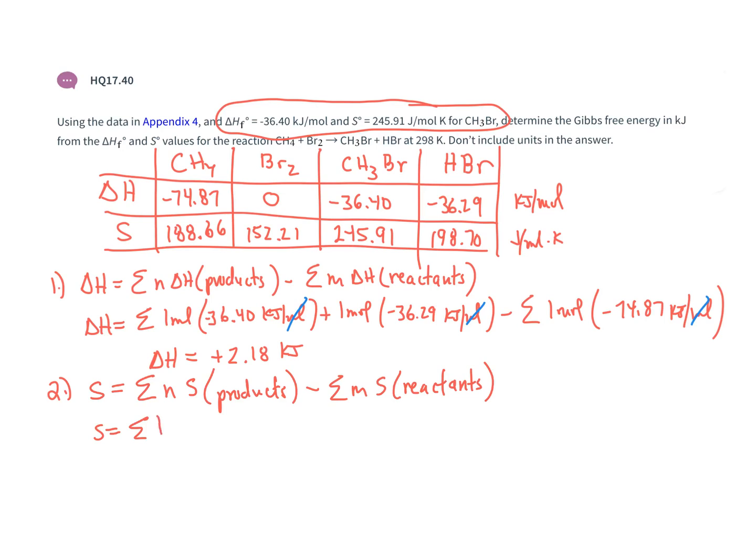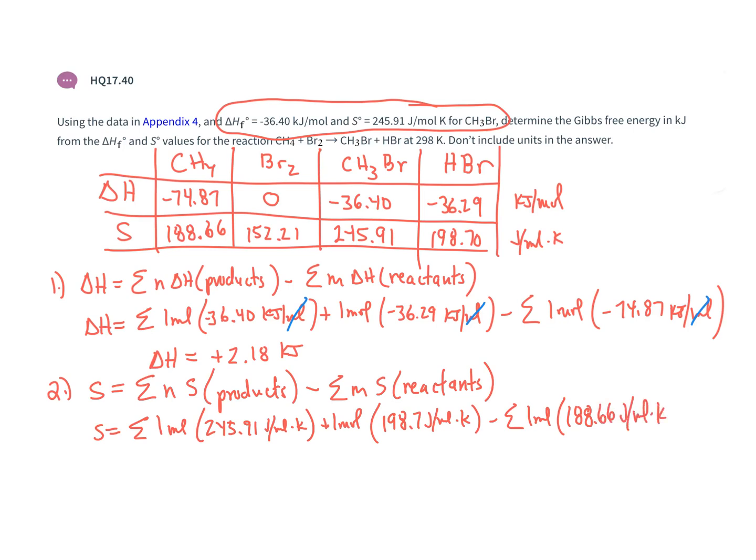So I have 1 mole of the methyl bromide at 245.91 joules per mole Kelvin, plus I have 1 mole of the HBr at 198.7 joules per mole Kelvin, minus the summation of 1 mole of methane at 188.66 joules per mole Kelvin,